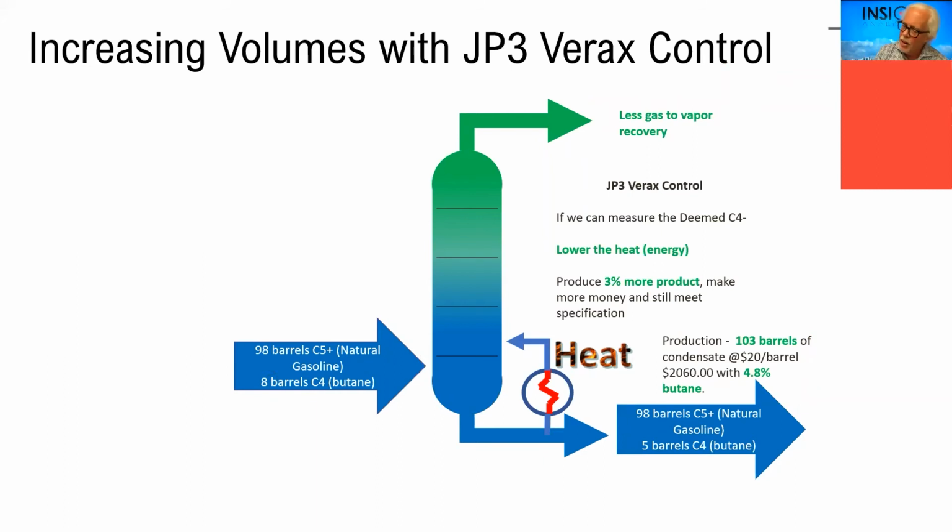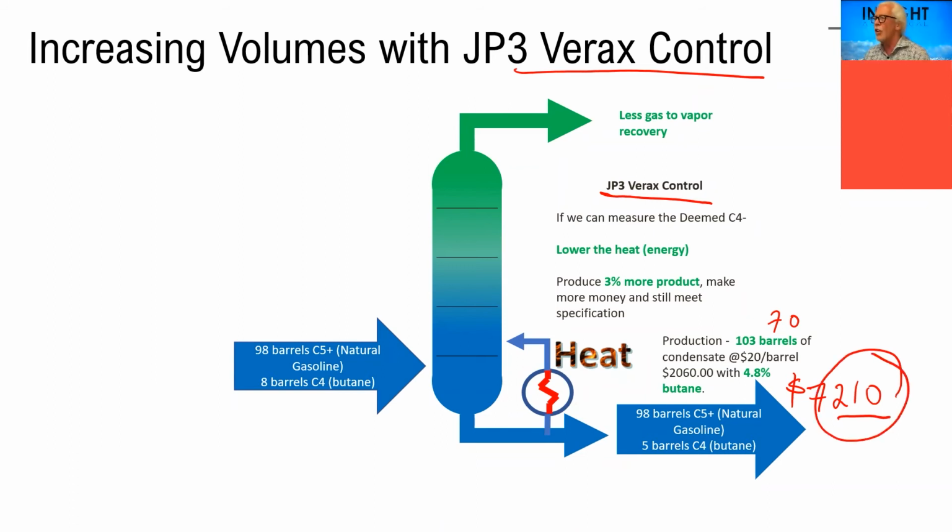So if I put an analyzer in there to give me some control on that bottom end, on how I'm controlling that stabilizer, again, we'll do it with the new pricing. Now I can get that up to 103 barrels, 3% more product. So great, I have to do the math in my head now. 103 times 70 is now $7,210. I was $7,000 before. I just got this extra $210